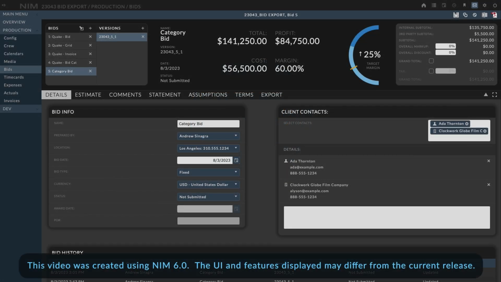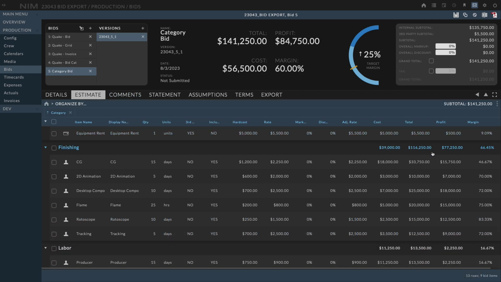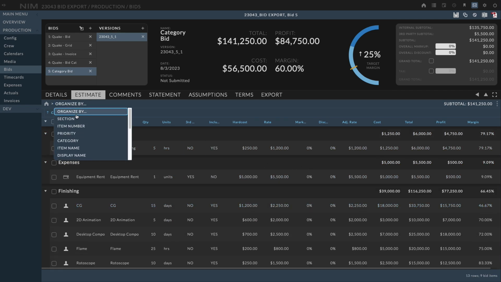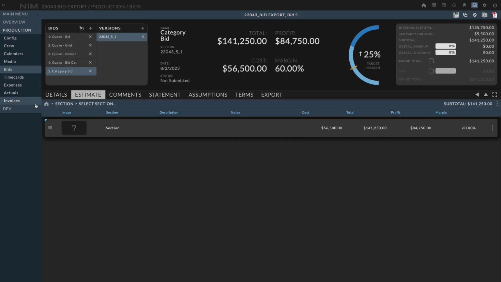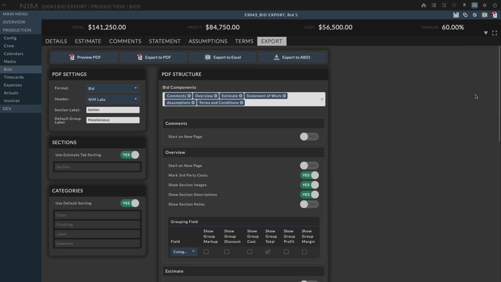Some samples of export options in bidding. First, we're going to start with a basic bid that we have here, where we have a number of line items and categories, and we only have a single section. Now, if we go to our Export tab, and we can minimize our dashboard here, we'll see that we're using